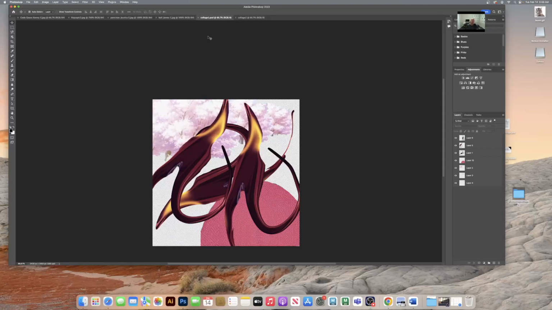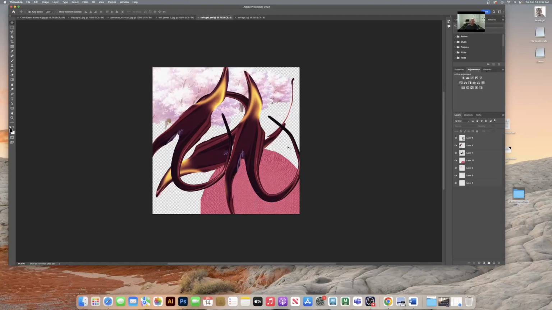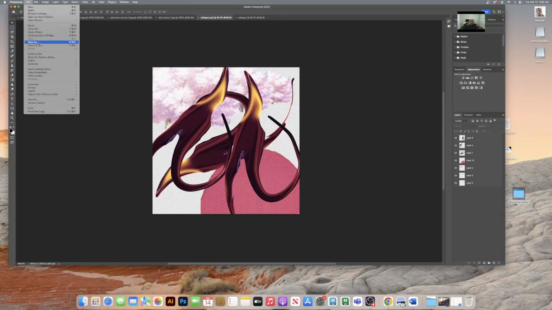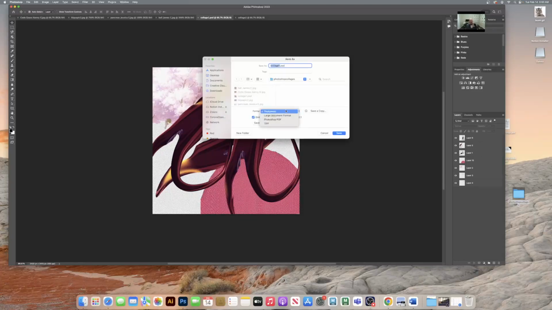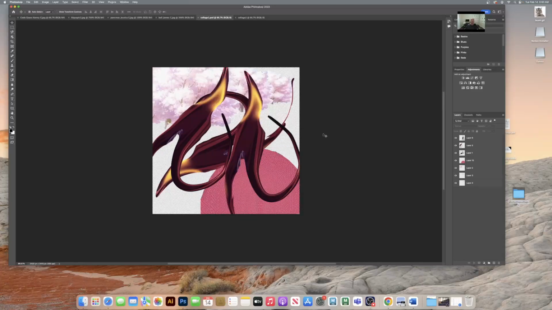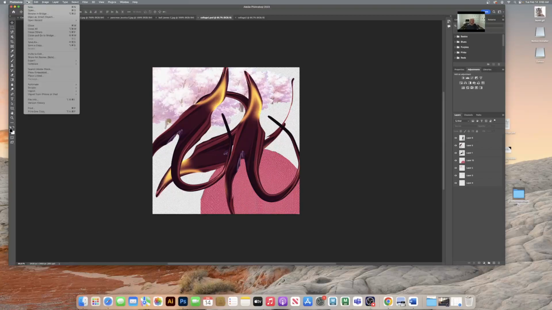Okay, so let's pretend that this makes total sense for me, all right? When it makes total sense for me, I need to save it as a JPEG instead of a PSD file, because you're not going to be able to upload a PSD file to our discussions, right? So I just go to File, and I think it's Save. Let's see if I can do that. Oh, no, sorry, never mind. You can't do that. Okay, so it's File, Export,